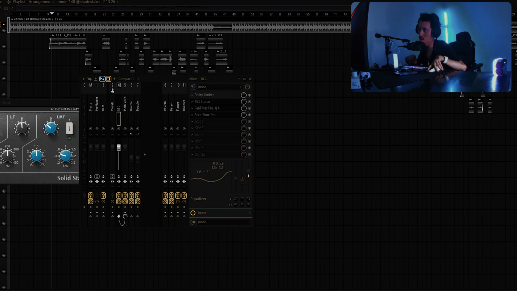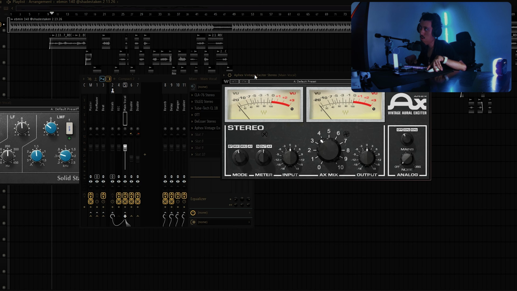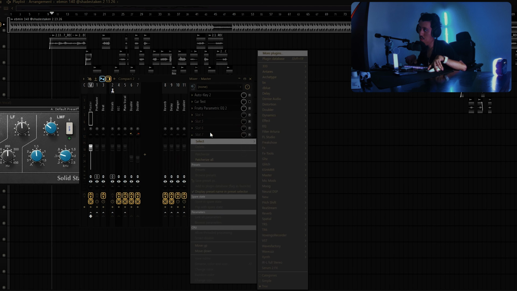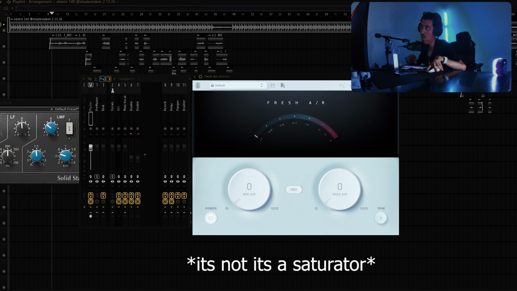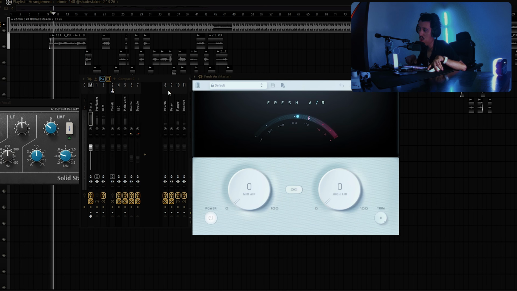You have something where you're like, okay, well, I removed too much bass. Bring that up. Oh, this part still sounds weird. There you go. Not sharp enough. There you go. If you want to make this sound sharper, you can do something like this, or I believe you can get something like Fresh Air. This is kind of like the EQ. If I put it on the master, I'll show you guys what that sounds like.